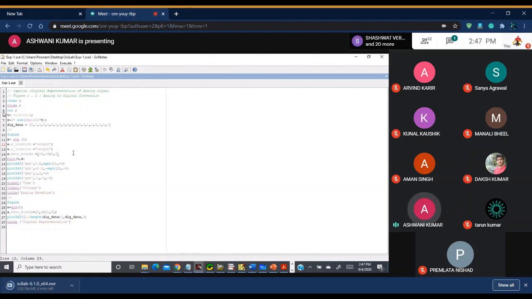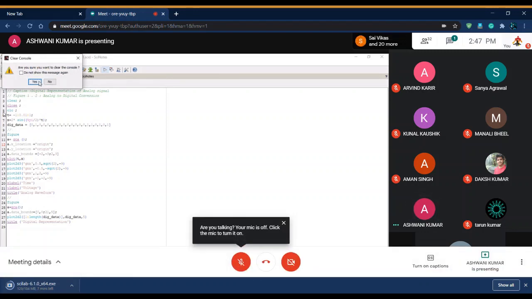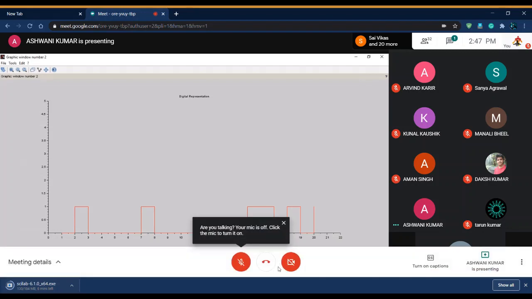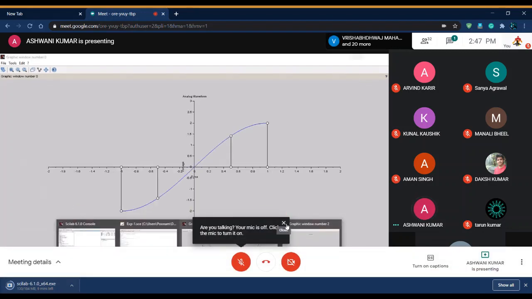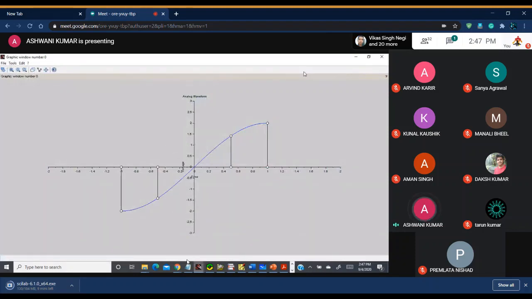If you write this and do the simulation, okay, just switch off. So you have the analog waveform.